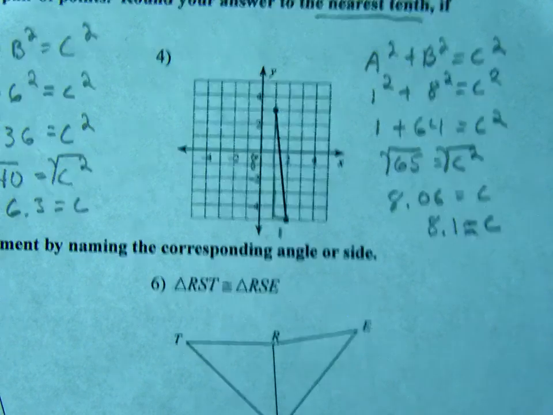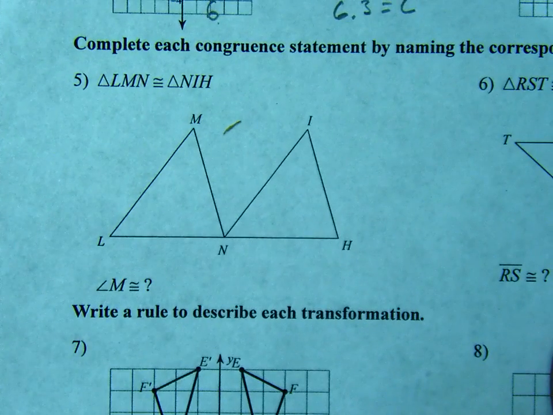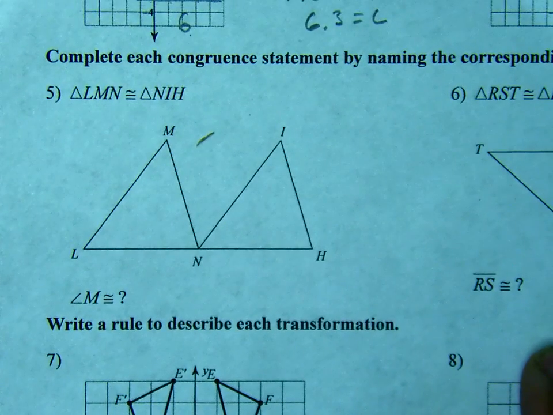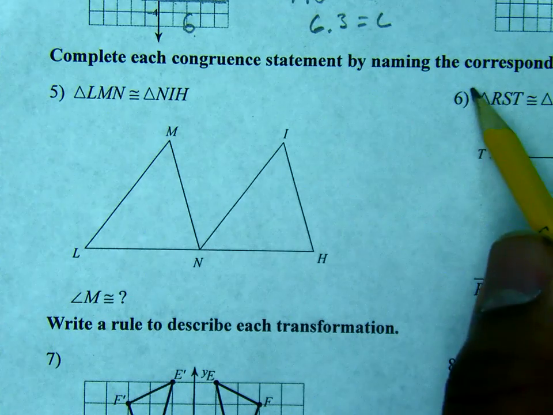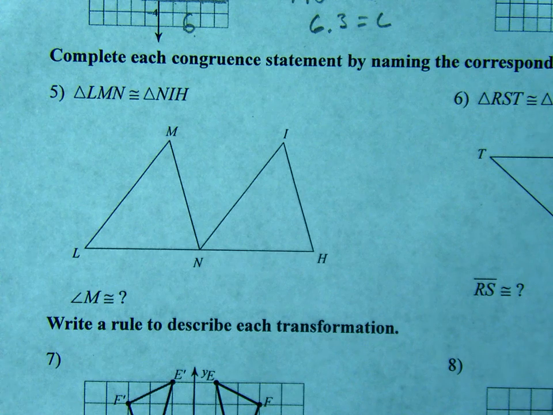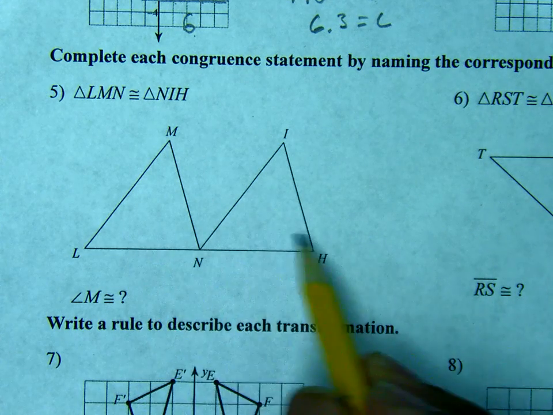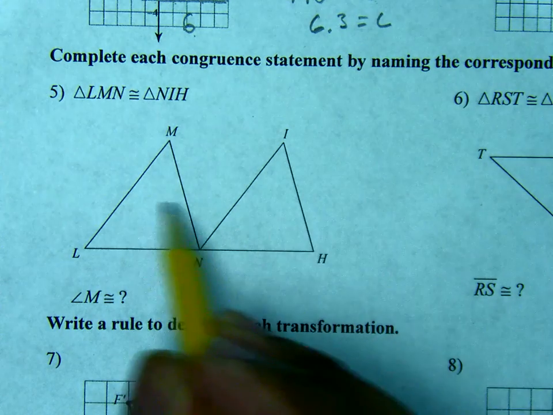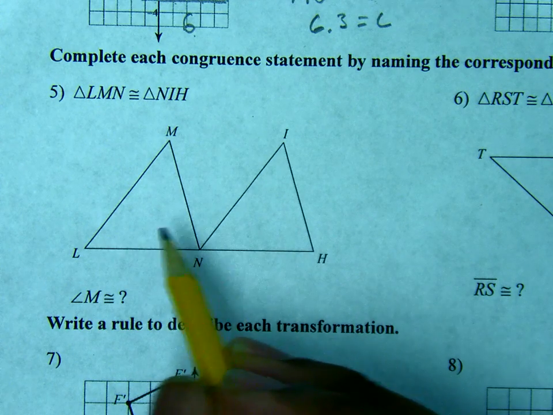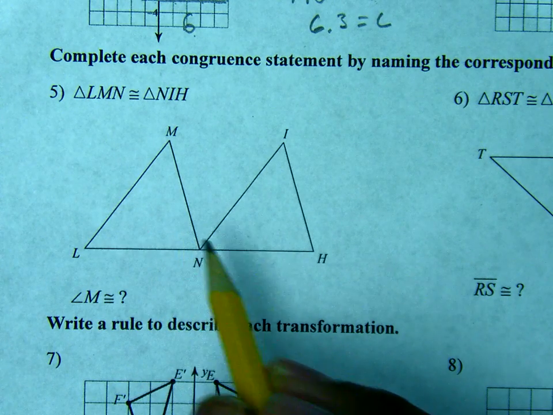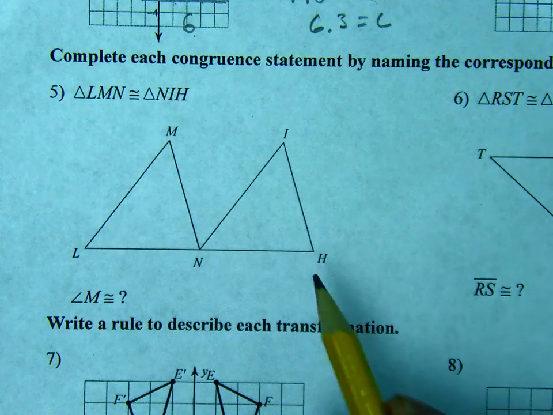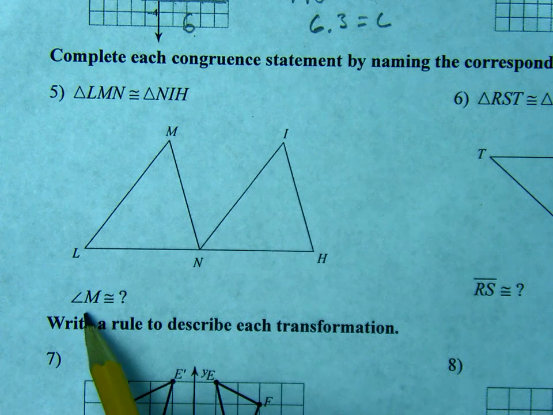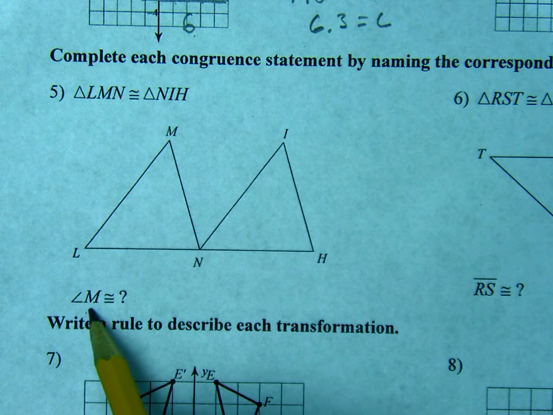All right, let's take a look at number 5 here. It says complete each congruent statement by naming the corresponding angle or side. So what we have is 2 congruent triangles. And with the 2 congruent triangles, what we want to do is find the congruent corresponding part that matches with the one that's given. So we see here they want us to find angle M, or find a congruent piece to match with angle